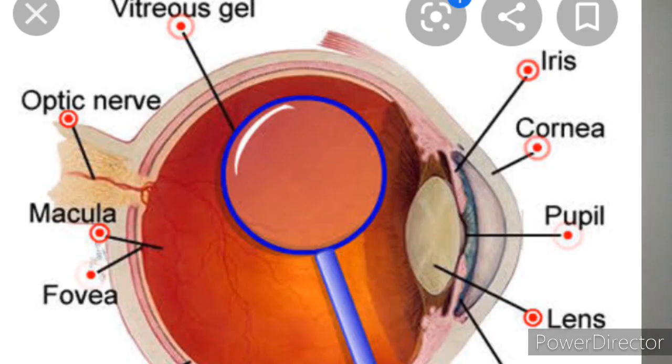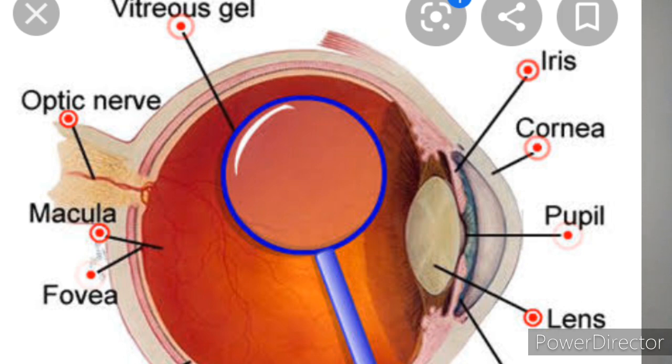So friends, now let's see what is inside our eyes. We see things only when light coming from them enters our eyes. The eye is one of the most important sense organs. It is therefore important to understand its structure and working. The eye has a roughly spherical shape. The outer coat of the eye is white. It is tough so that it can protect the interior of the eye from accidents.